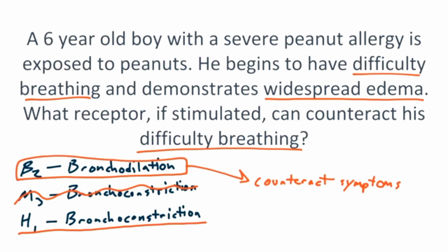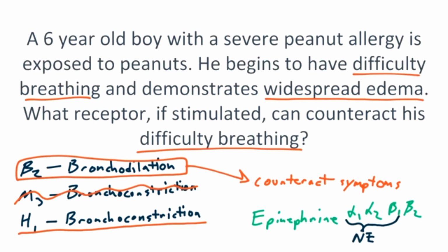So in this scenario, what substance could be administered to stimulate beta-2? Epinephrine. Recall that epinephrine acts on alpha-1, alpha-2, beta-1, and beta-2. And recall that norepinephrine only interacts with alpha-1, alpha-2, and beta-1. So norepinephrine would not be a good substance to administer if we're trying to stimulate the beta-2 receptor. Epinephrine would be ideal. In fact, in patients experiencing a type 1 hypersensitivity reaction, epinephrine can be administered to help